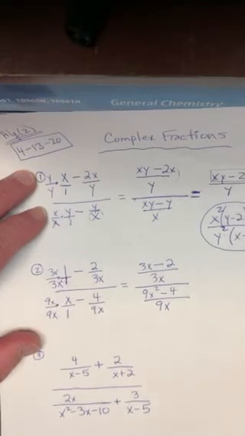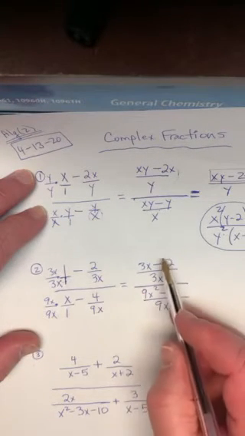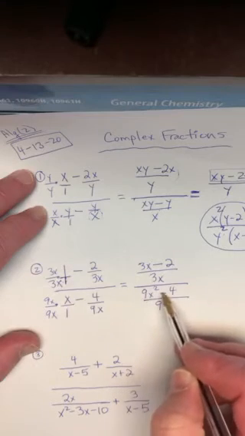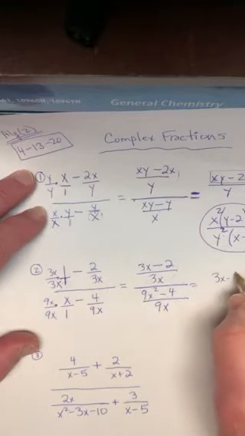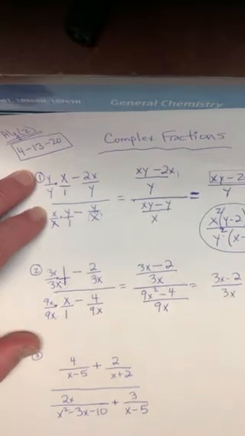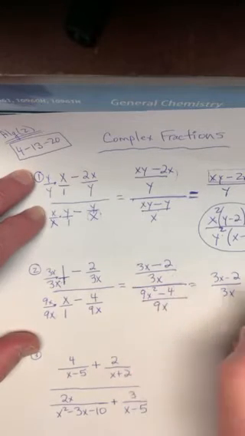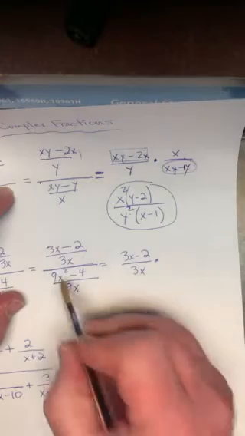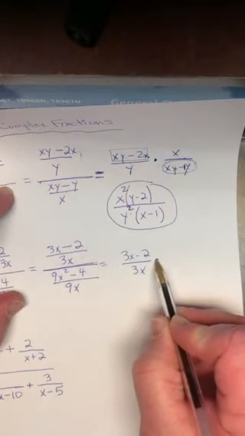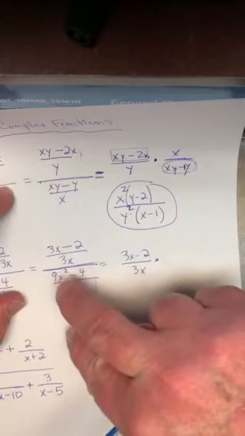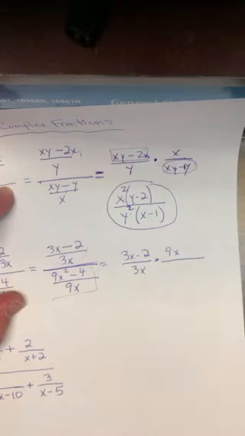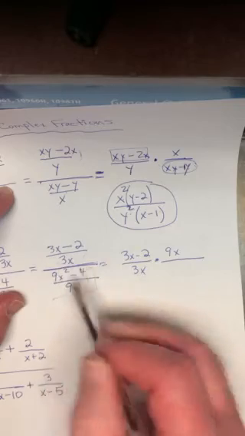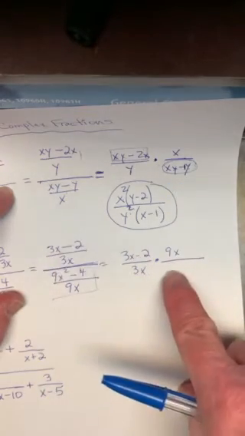Okay, what step are we on now? I've got a fraction bar. Since I have a fraction being divided by a fraction, I'm going to leave the top fraction alone. So leaving him alone, I got 3x minus 2 over 3x. Change division to multiplication, right? I changed division to multiplication, and the bottom fraction gets flipped over, right? So when I flip it over, I've got 9x over, now careful. Notice this 9x squared minus 4, since this is getting flipped over, is going to end up on the bottom,